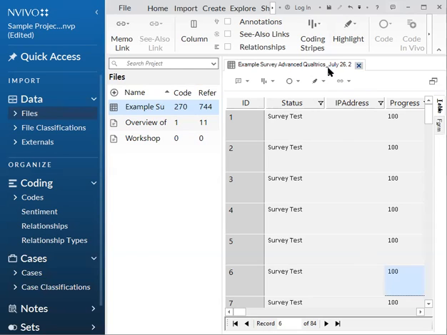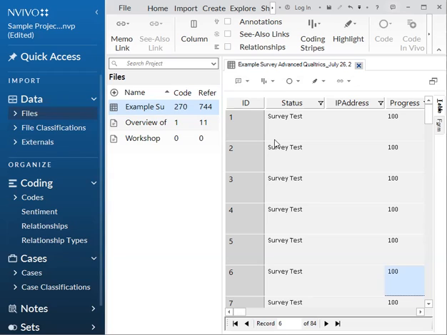There's a bunch of tips and things to go over when you're importing survey data using this import survey wizard. So once you've imported it, it should be under files, and unless you've saved it somewhere else, it'll automatically go to files, and then just double click it and it should pop up.